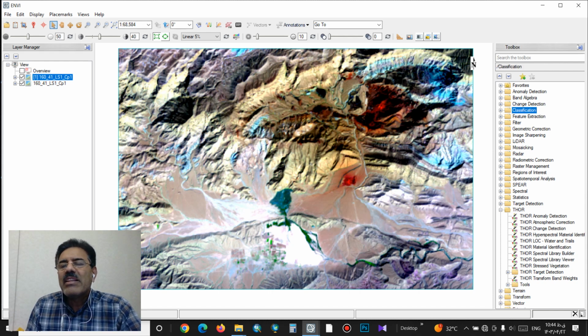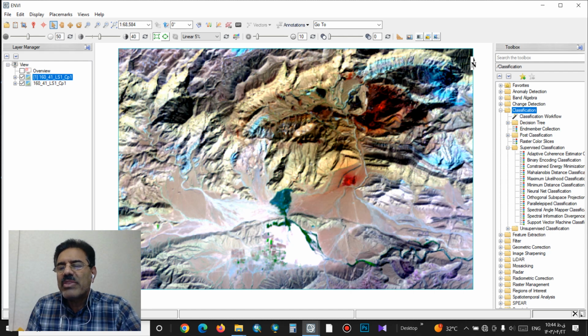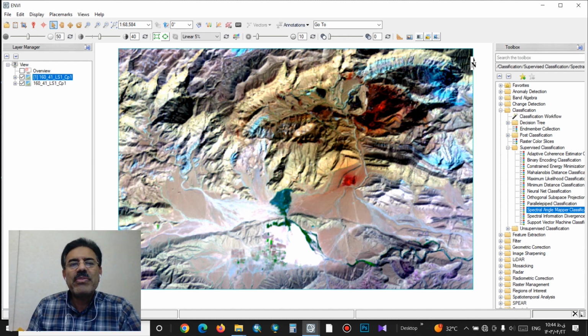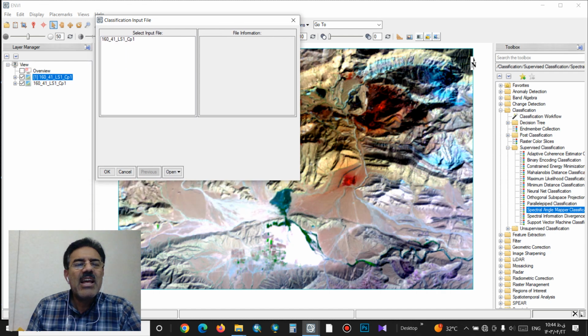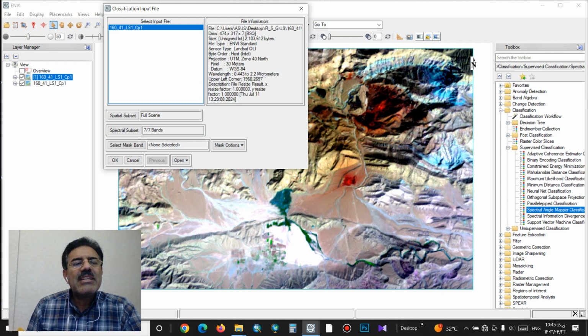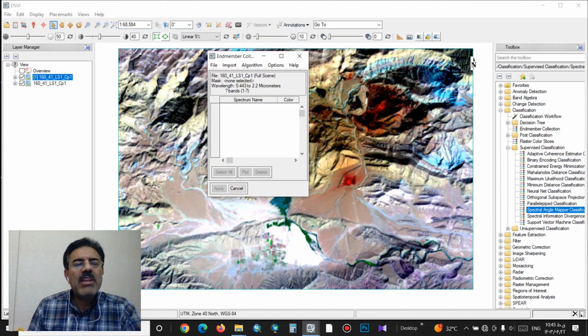Click on classification and spectral angle mapping classification or SAM classification. Click on this highlighted file, and at first I must click satellite image, clip number 1, OK, and